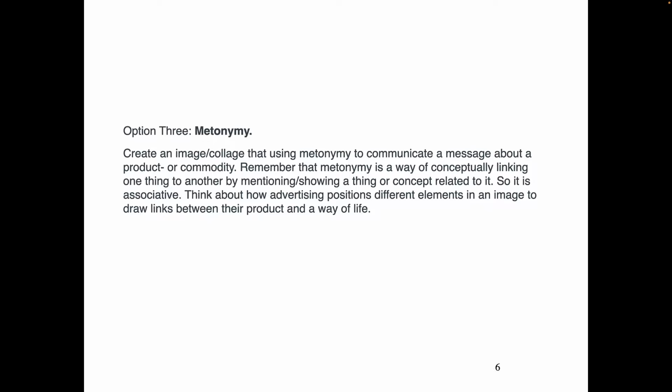So remember that a metonymy is a way of conceptually linking one thing to another by mentioning or showing a thing or concept related to it. So it's associative. Think about how advertising positions different elements in an image, and they draw links between their product and the way of life or qualities of